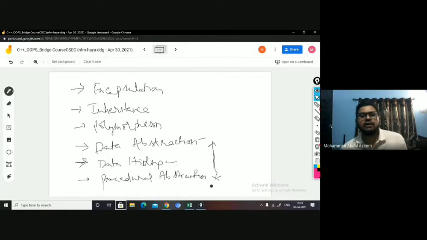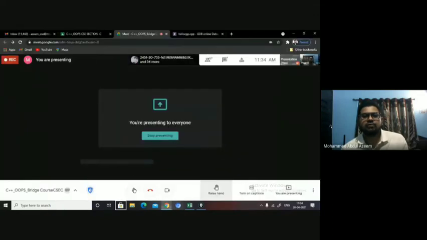And by declaring the operation inside the functions, where only functions are going to be invoked, the operational details will be hidden. That is said to be procedural abstraction, right? So abstraction and hiding, in addition to encapsulation, inheritance, polymorphism, we are able to execute here. Now let us look at the demonstration in C++ with the help of an example.